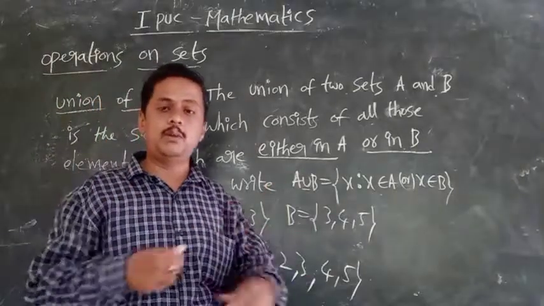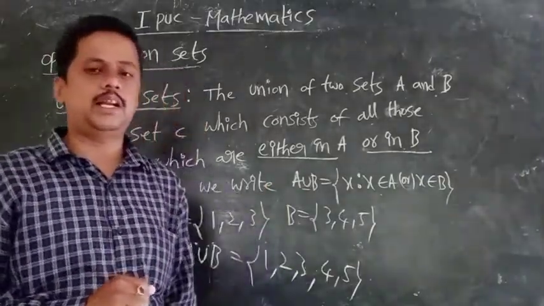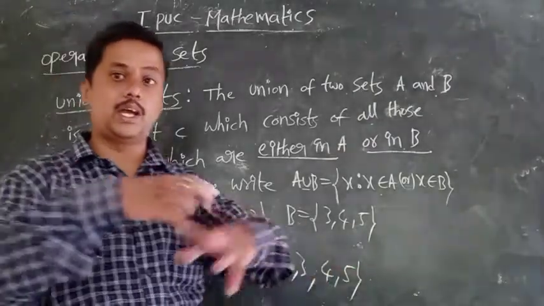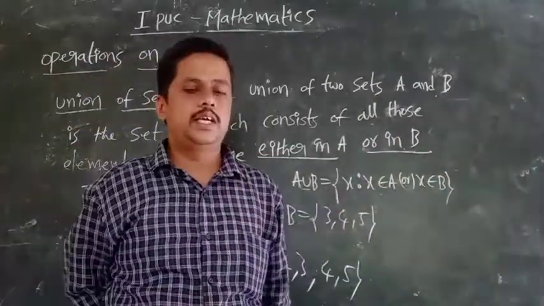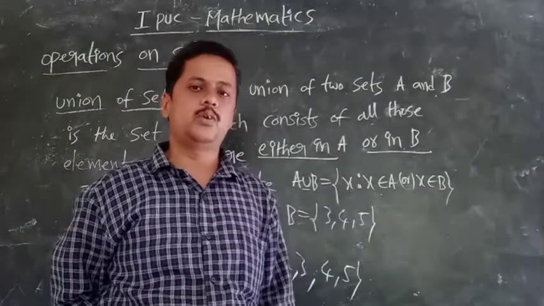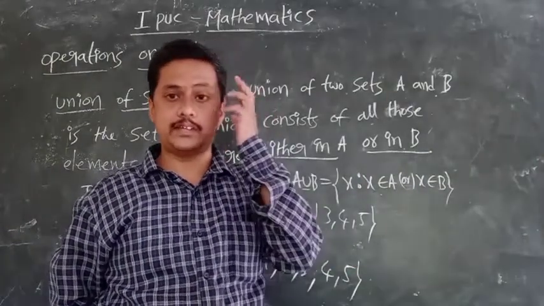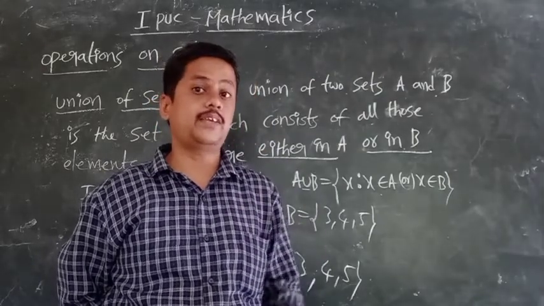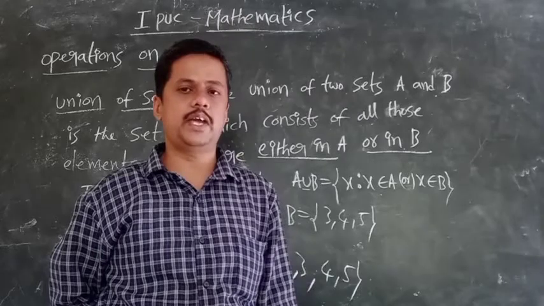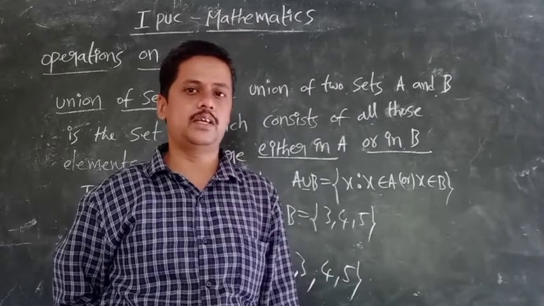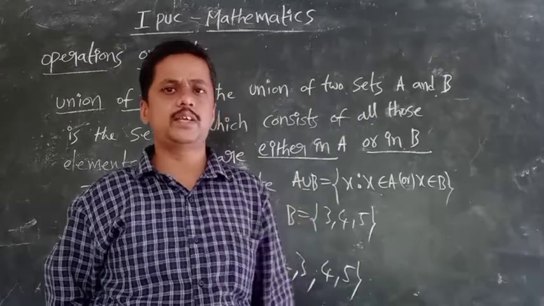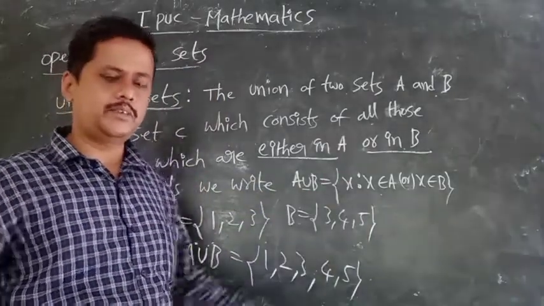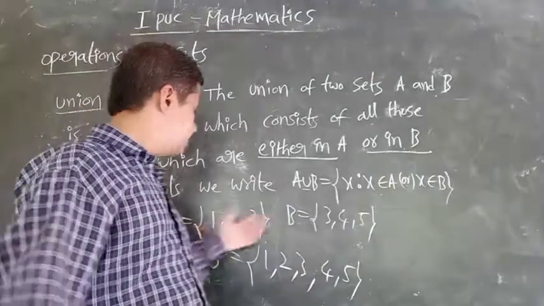Union. You have heard the word union. General meaning, what is the union? What is the general meaning of union? Union means everyone has come together, everyone has joined, you know? Federation union. Okay. Different unions are there. If you go to some colleges, universities, unions are there. Okay. SFI union. Okay. Student Federation of India. Different unions are there. Everyone gathers in one place. Okay. That's why union means all together. That's why we are combining.